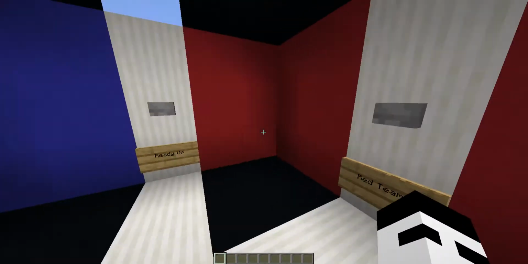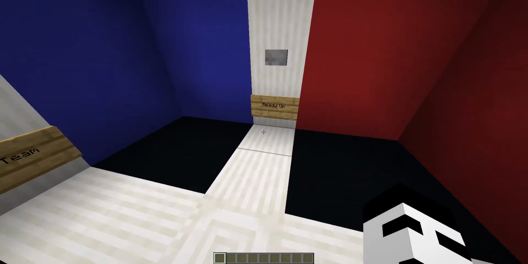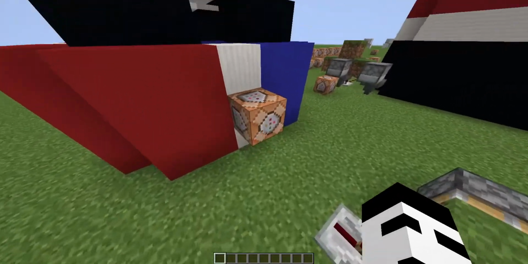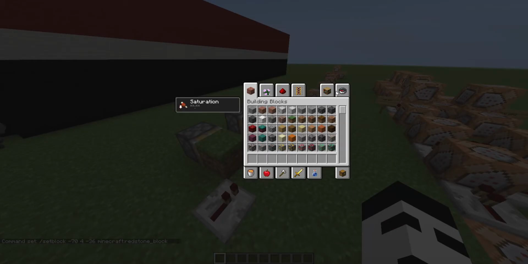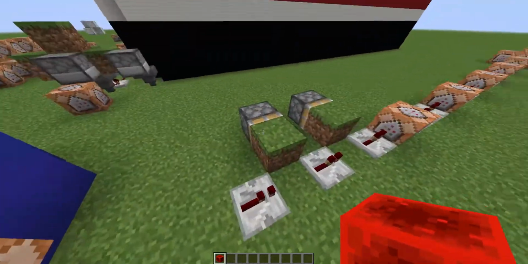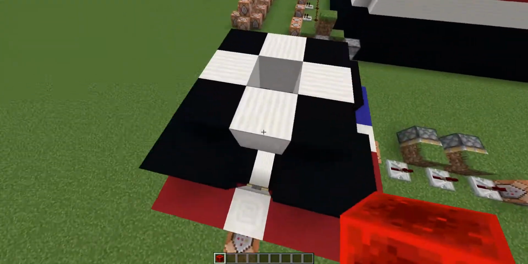So this is what the mini hub that I made looked like. This is the button to join the blue team, to join the red team, and the ready up. Well, not to join the ready up team. This is just to ready up, to show that you're about to be ready to start. When this is pressed, a redstone block is created. A redstone block is created right here, and these two get redstone blocks sent to when you join